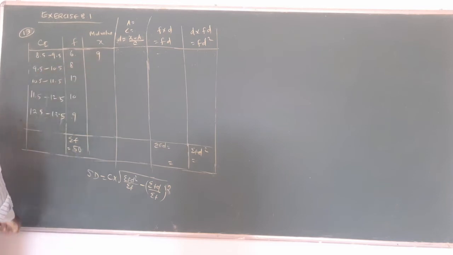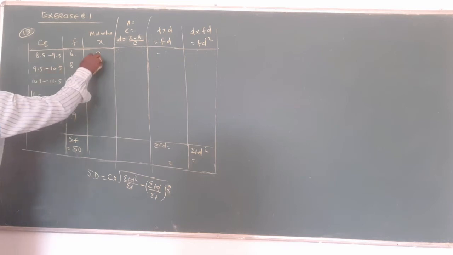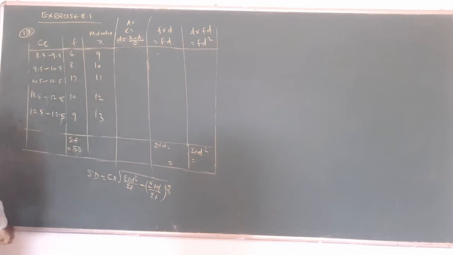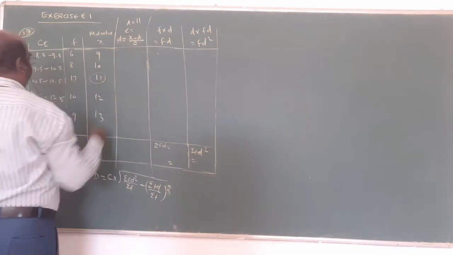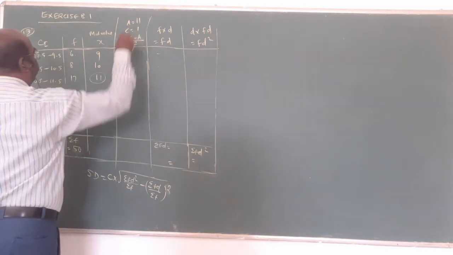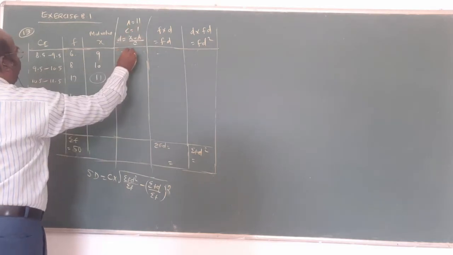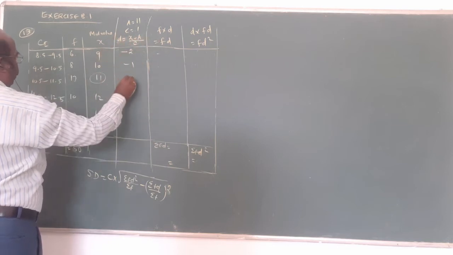9. Next is what? Adding 20, 10. All the numbers will go, you know, that's why 11, 12, 13 will come. Now in the actual middlemost one is what? A is 11. What is the answer? 9 minus 11, that is minus 2, divided by what we have? 10 minus 1, minus 1, 0, 1, 2.